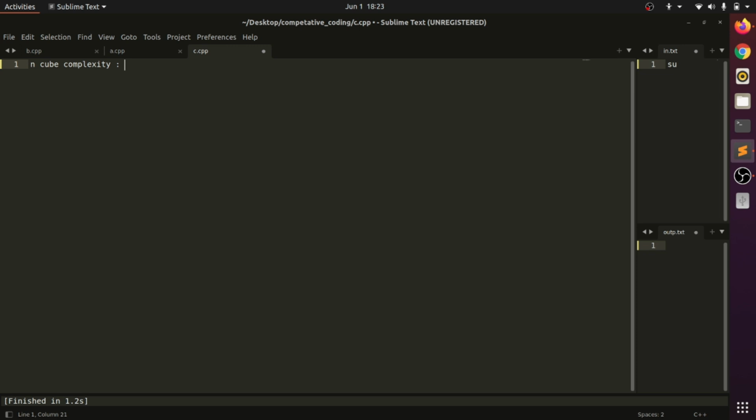Then I will show how to deal with it in n square, and then also with pre-computing, prefix sum, in big O of n. So we are going to do it with three methods: first is the beginner approach, n cube; second, n square; and third, prefix sum in O(n) time complexity. So let's start.